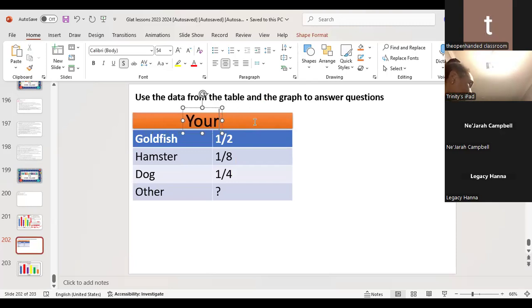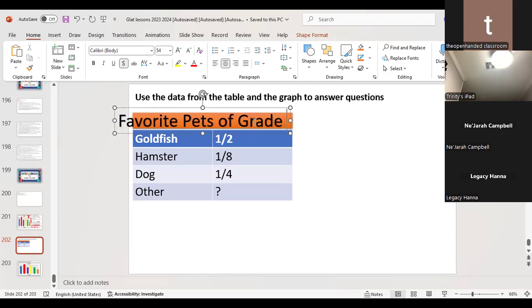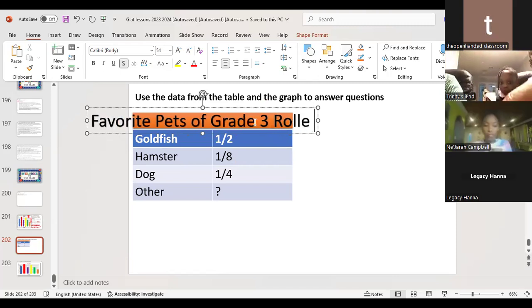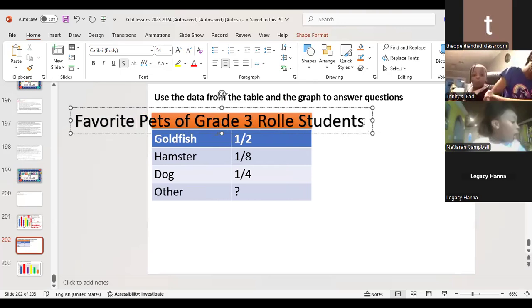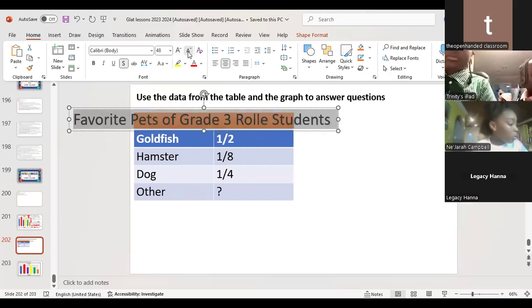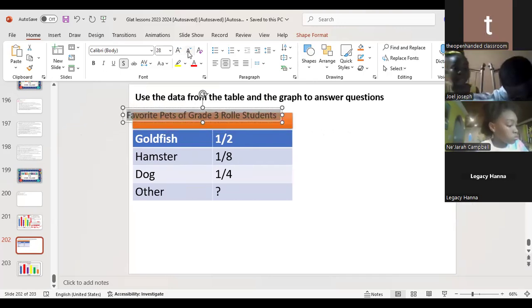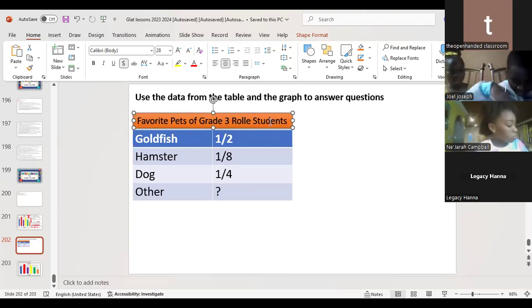Okay, so this one says favorite pets of grade 3 role students. I'm trying to figure out how we can do this because this just depends. All right, so